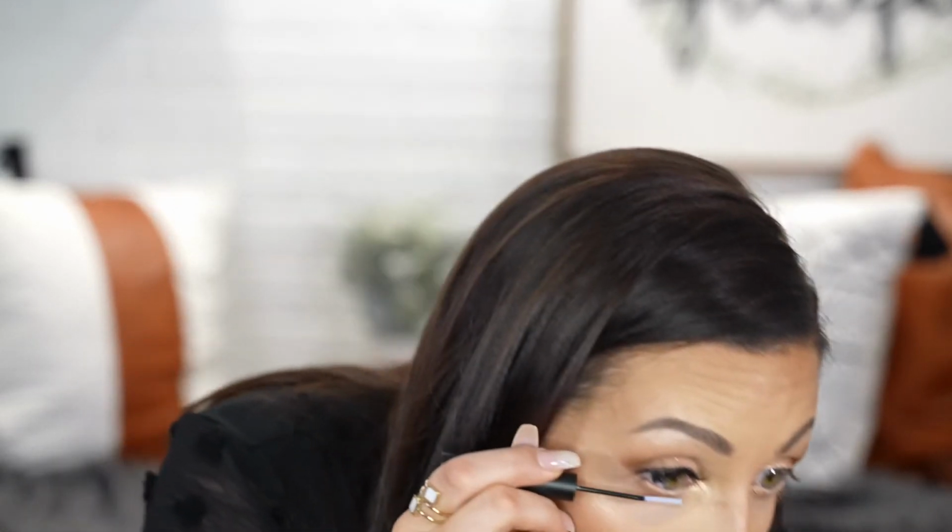So the bond is like a little mascara wand and it's white. And then this you kind of just put on like mascara. Is it gonna stay? Okay. So this is just helping bond your lash to the fake lash. Then they have these tweezers, which are really nice and they're gold. So then I just take them with the curved side and just kind of go in